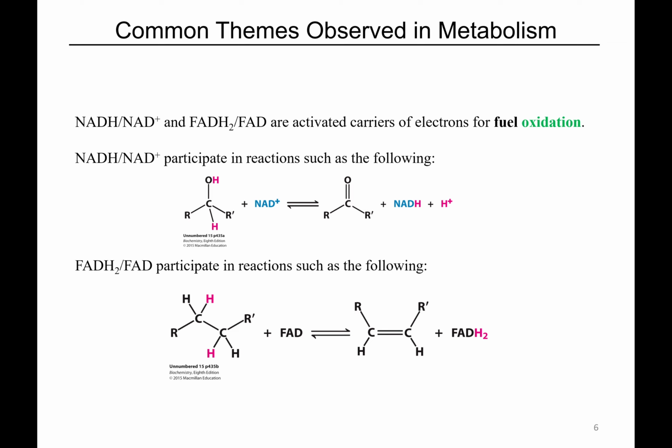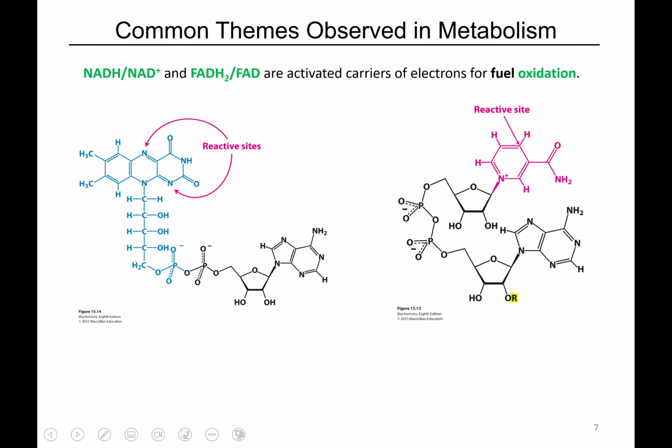It tends to be true that the nicotinamide, our NAD cofactor, tends to be more important in oxidizing oxygen-containing functional groups, whereas the flavin tends to be important in oxidation or reduction reactions that involve carbon-carbon skeletons. Some of these themes aren't as obvious, but once you see them, you can readily use them. Once you understand the chemistry of FADH2 and NADH, then it's the same thing over and over. You don't have to relearn it.